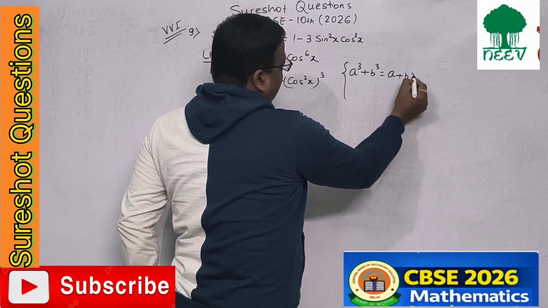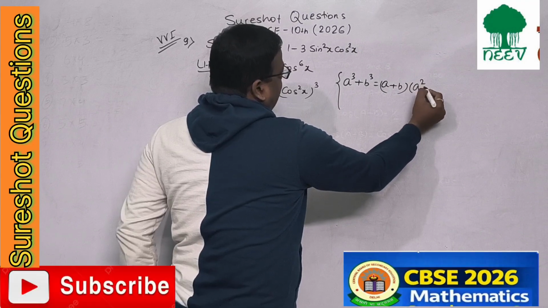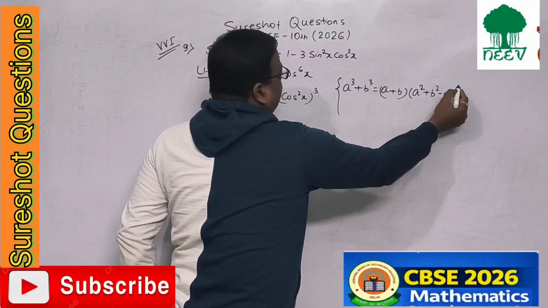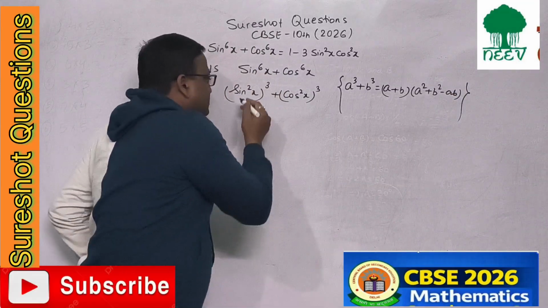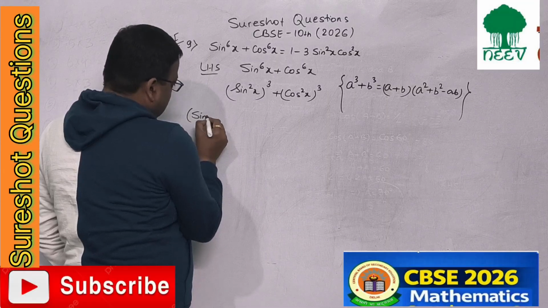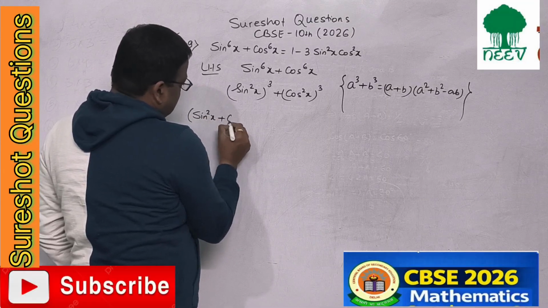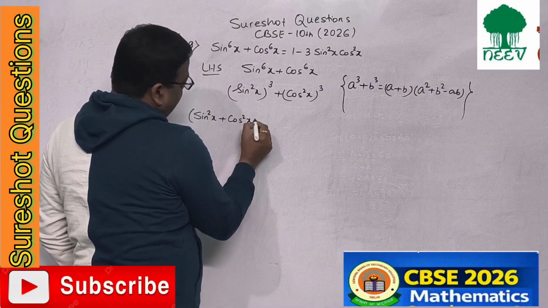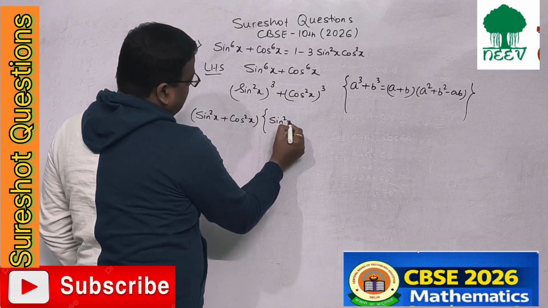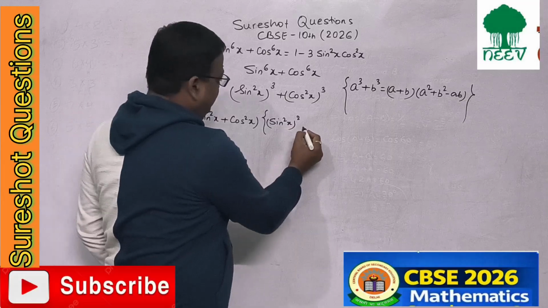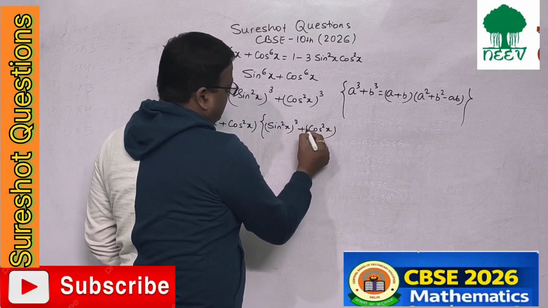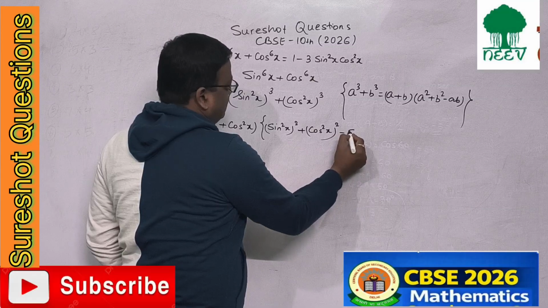It's (a plus b)(a square plus b square minus ab). So let's put this into that. So this is your a plus b, again a square plus b square minus